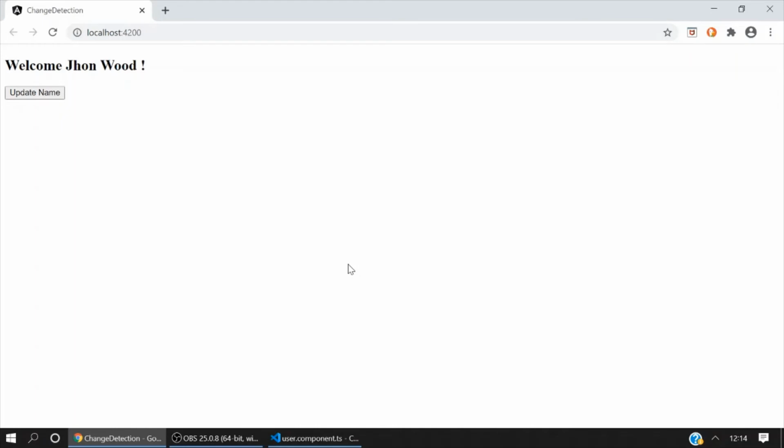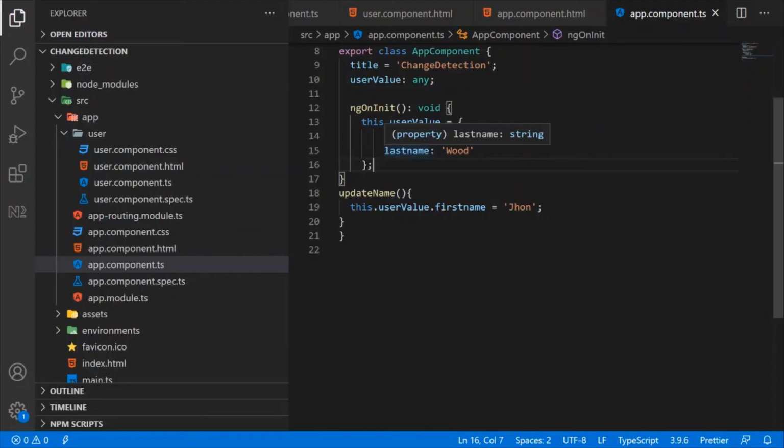Then change detection will be fired to traverse from root to bottom to update the view in the user component. Now as you see, a single property change can cause the change detector to traverse the whole component tree. Traversing and change detection is a heavy process which may cause performance degradation of the application.